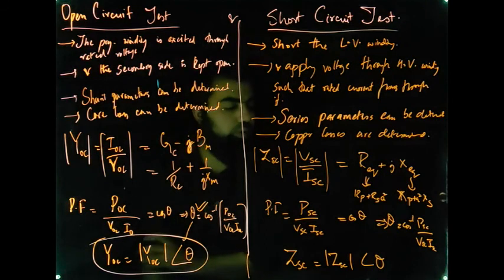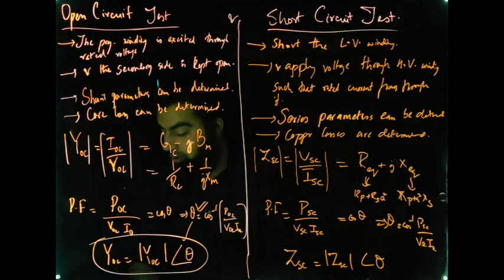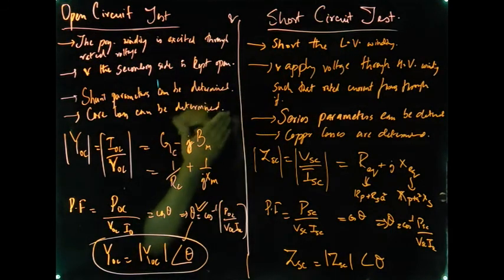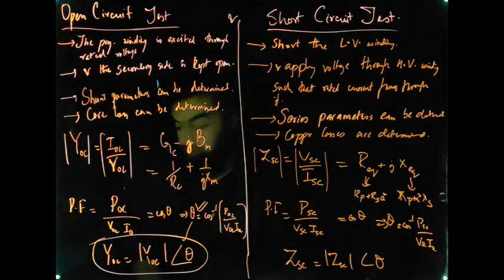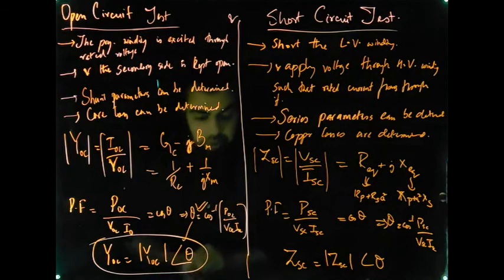So if we know the value of the turns ratio and the value of R equivalent, we can approximate the total series impedance and the total series reactance of this transformer. So this is about the tests of these two transformers. We'll be doing a numerical